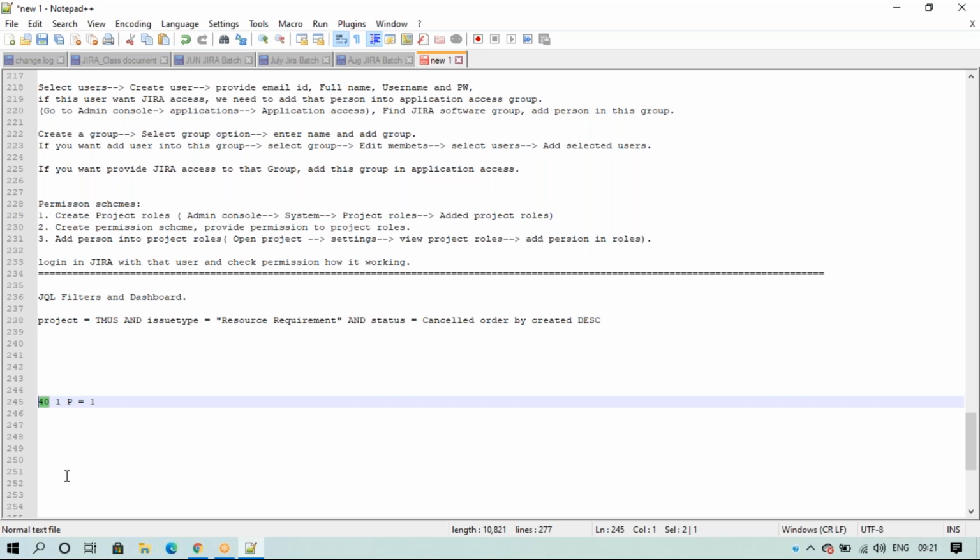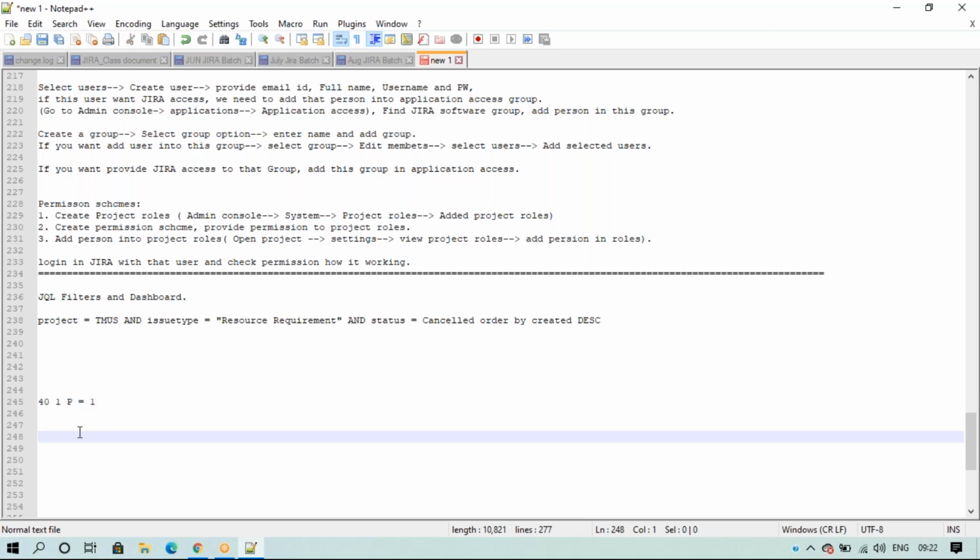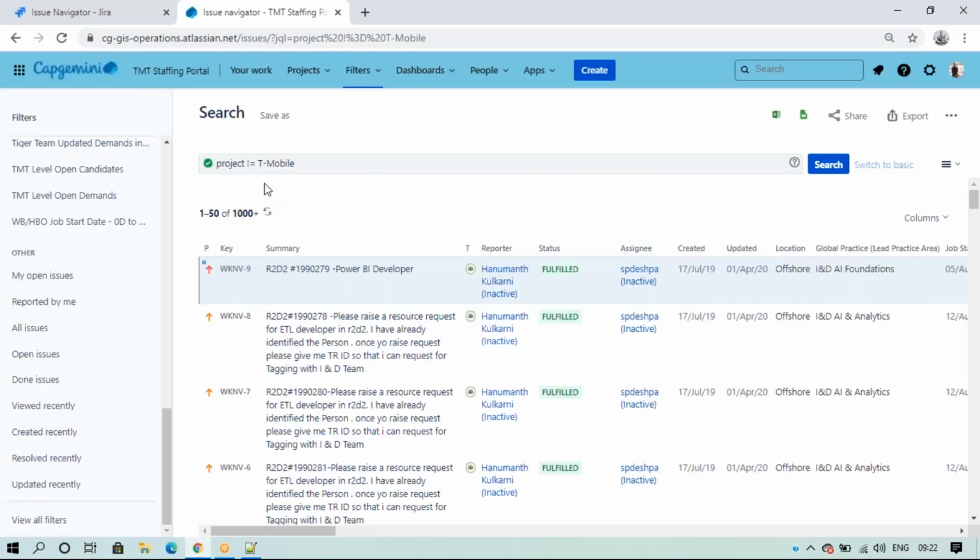But in my case, I have 40 projects and I don't want only one project's issues, so I can write project not equal to that one project. So except this project, the 39 projects will come. This is the way we need to use equal to and not equal to.